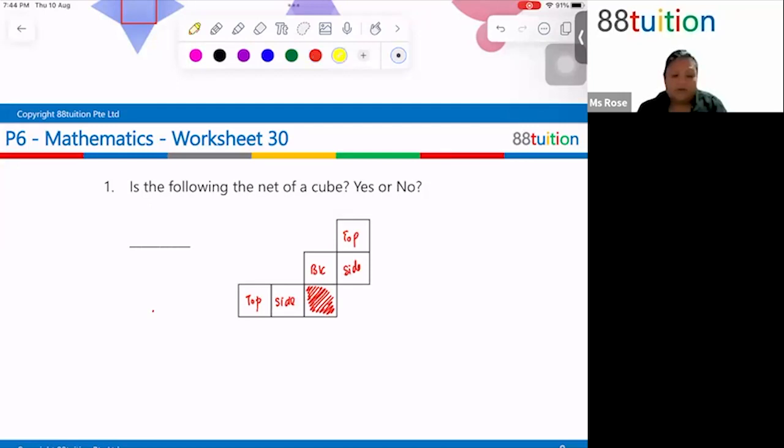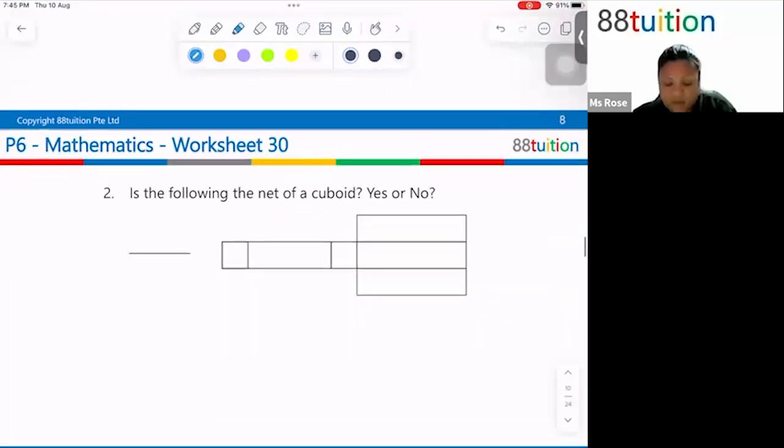So because you have two tops, this certainly cannot be the net of a cube. Okay, all right. So that's question number 1. So for those of you who actually put yes, the answer is actually no. Now question 2, most of you got it right because this is